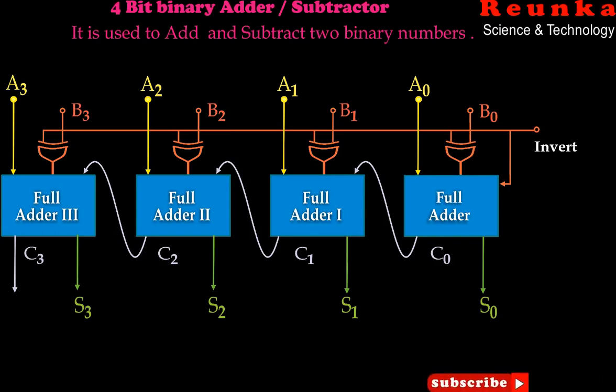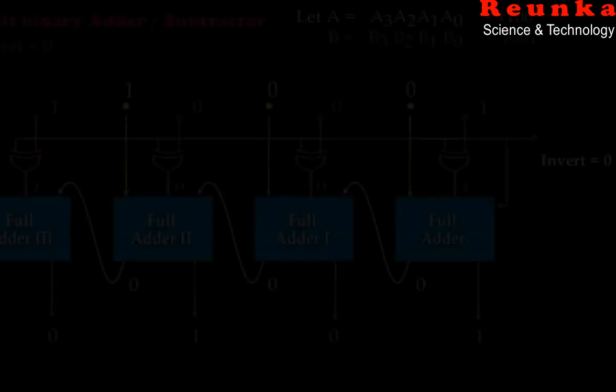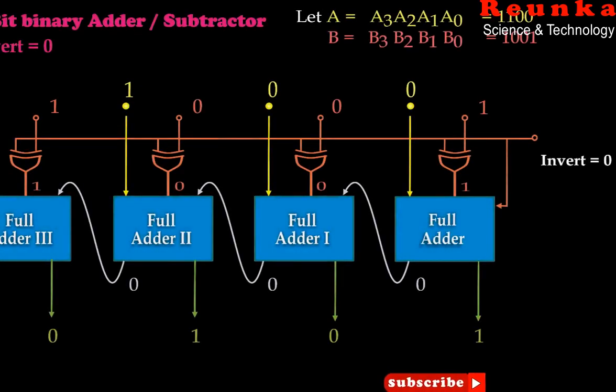Let us see using an example. Suppose when this invert is connected to 0, the control inverter will be inactive. The data will be the same as that of the input at the output of the XOR gate. Suppose the data is 1100 and second B data is 1001. Starting from the LSB bit, instead of using a half adder, a full adder is used here. Now 3 bits are A data, B data and the invert terminal. It is also connected here.